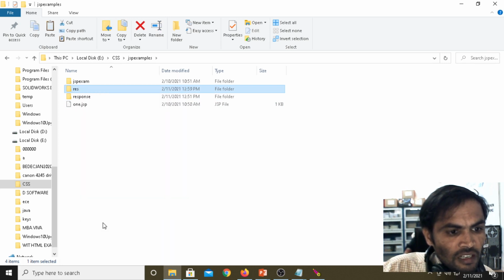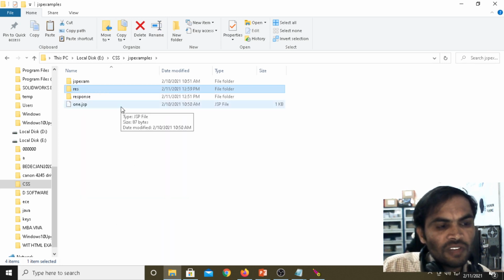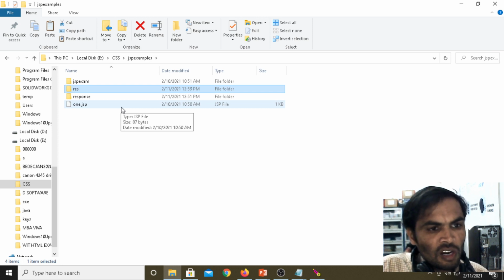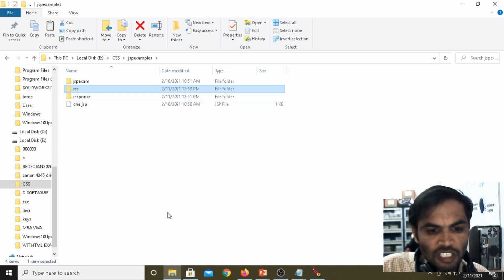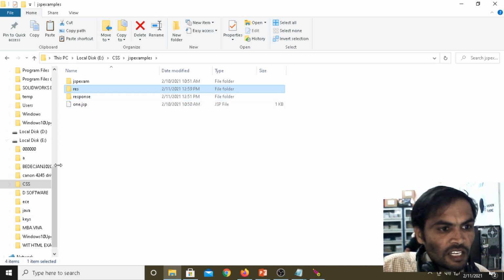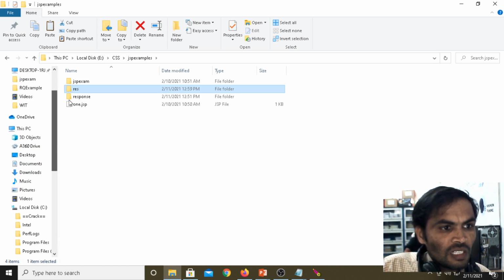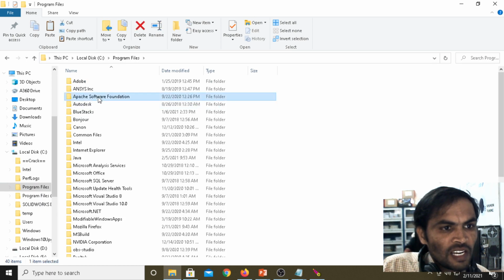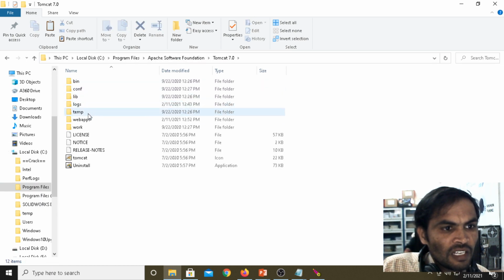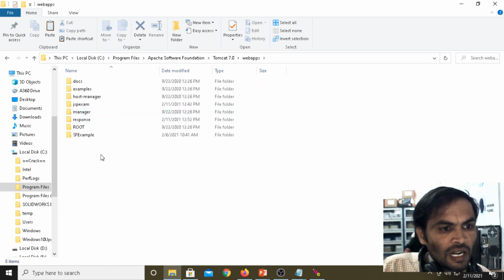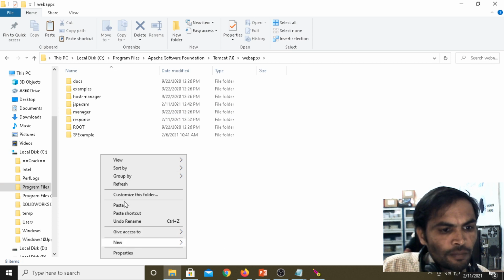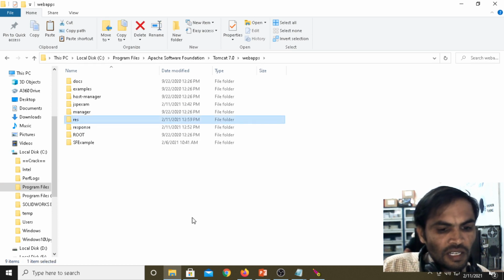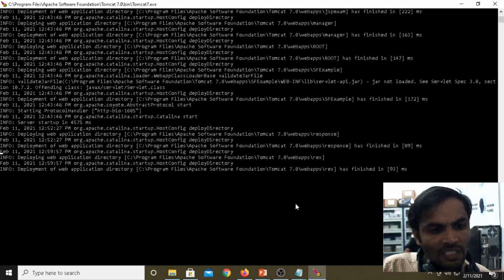Copy this file. Under the response, we are having home1.html, welcome.jsp. Then go back to your server. Go back to C, Program Files, Apache, Tomcat, under the webapps. Under the webapps, now we are pasting. Paste it. Now see here, when you are opening the server,